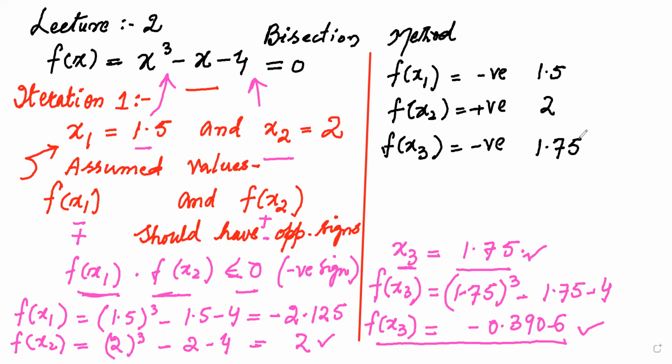Okay. Now we have taken f of x3. F of x3 is negative, and the value of x3 is 1.75. Now look here. You have to take the functions in such a way that you take the next iteration values. Now we said in the previous class,